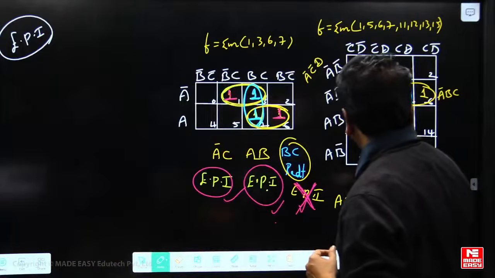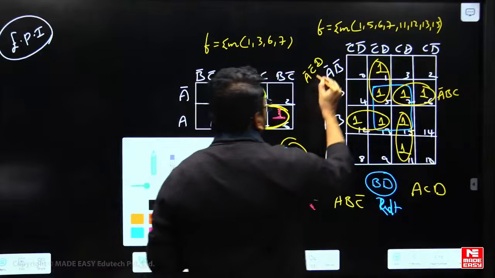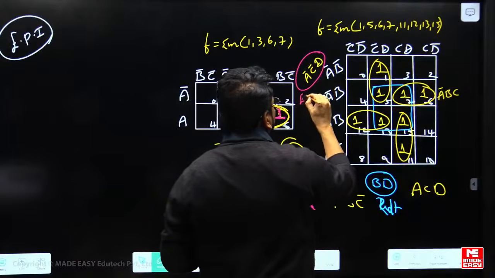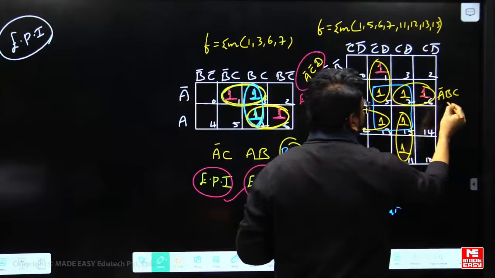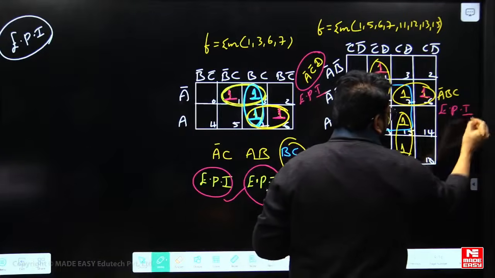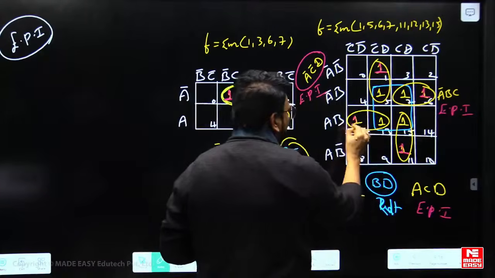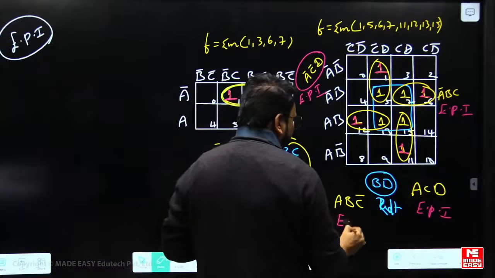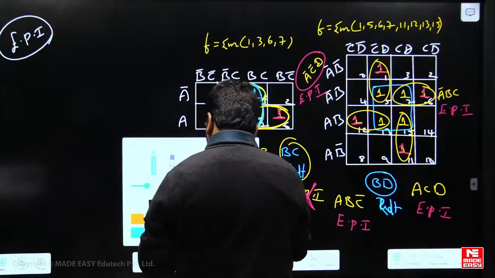Just make this one as this one. What are the things that we can say? Tell me here. Yeah, this is an EPI because based on this one and based on this one we can say it is also an EPI, and based on this one it is also treated as an EPI, and based on this one it is treated as an EPI. And redundant is nothing but what we can see. This is not